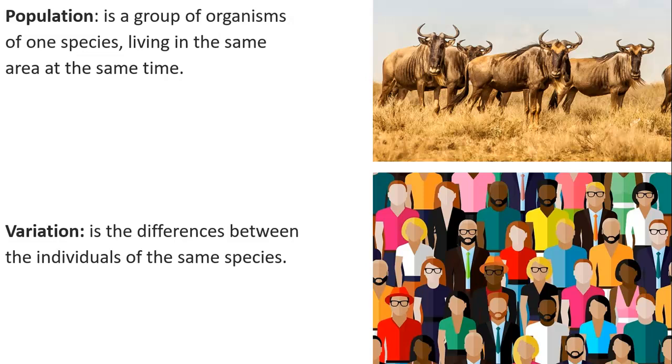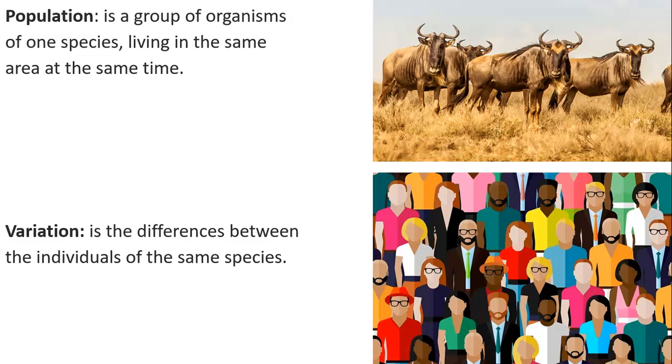A population is a group of organisms that have three sames. Same species, living in the same area at the same time. So when you see those three sames, this means that this is a population. What if it's different species? So it's not a population. Again, a population is a group of organisms of one species, or same species, living in the same area at